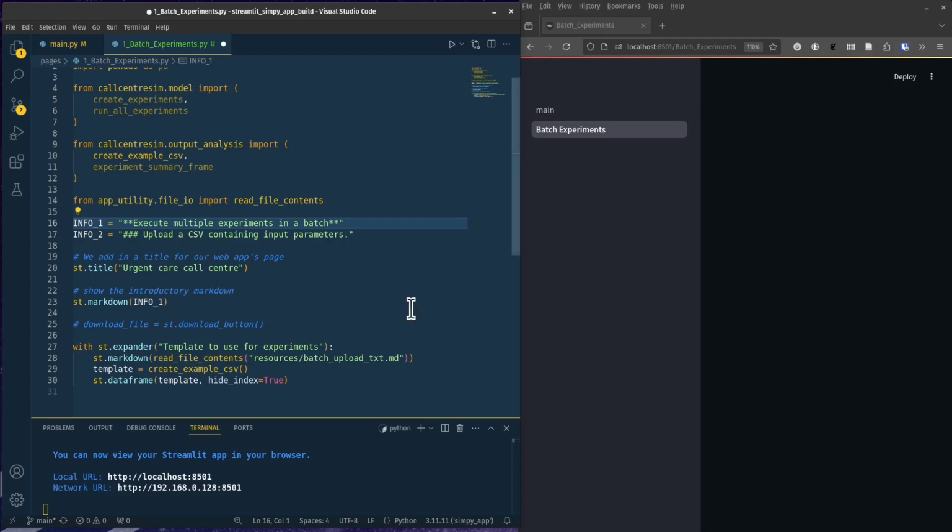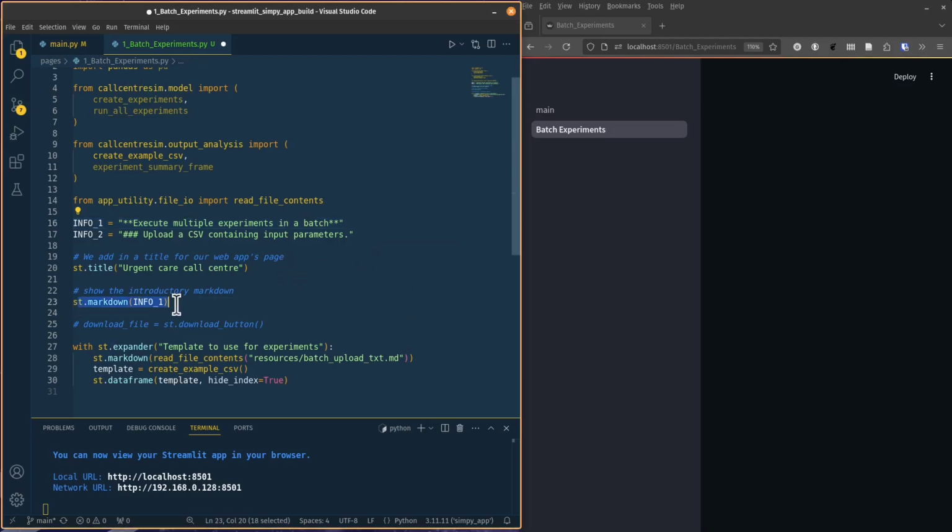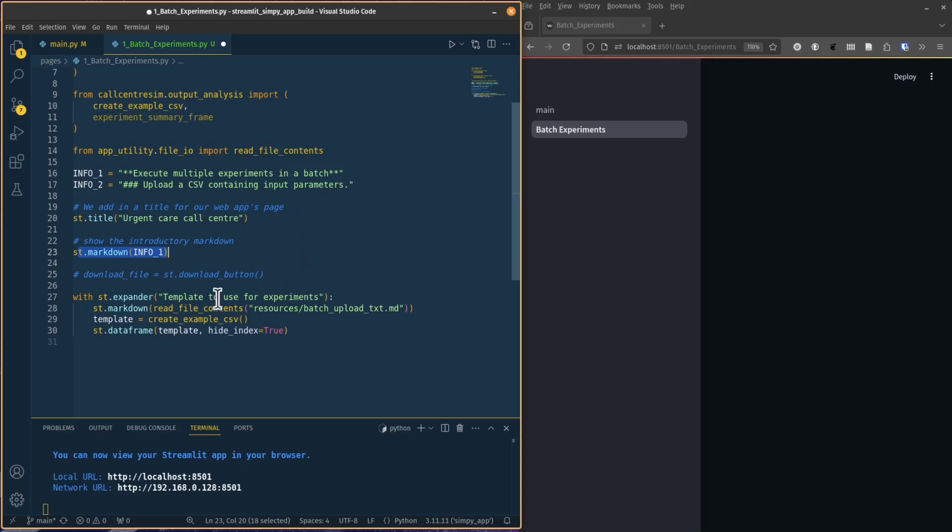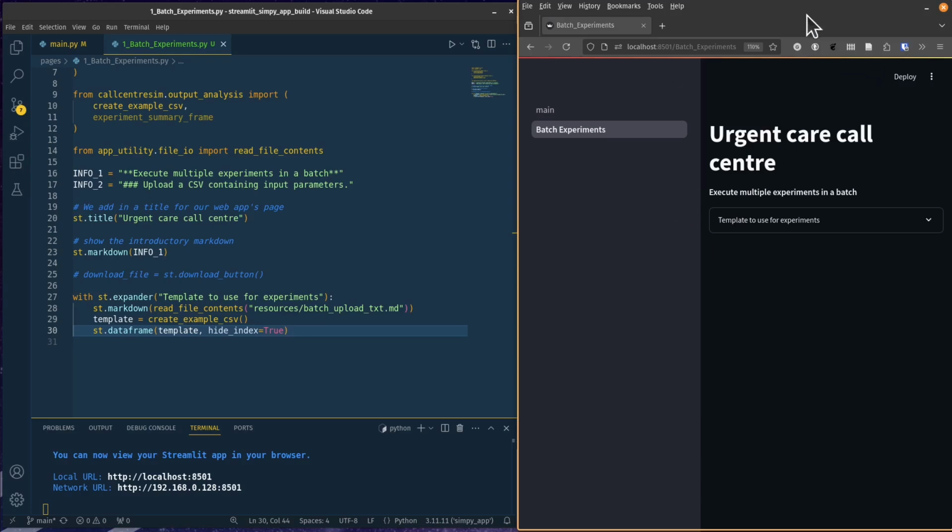So the first thing I've done is add in a title for this page, some information about what we can do on this page, basically upload a CSV and run multiple experiments. And then I've also provided an expander, which is a template users can download. So that's using the create example CSV function to create that template and then displaying it as a Streamlit data frame. So if we save and rerun,